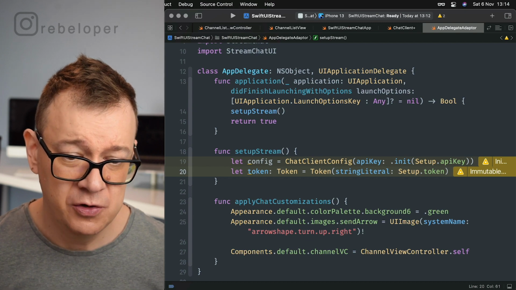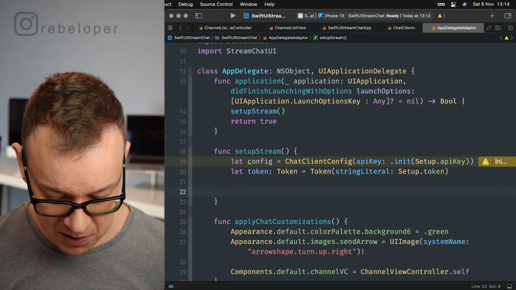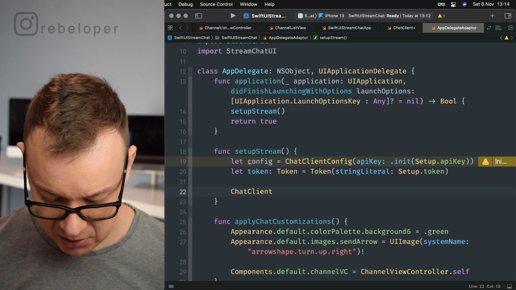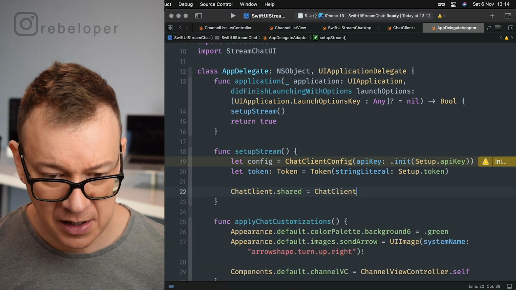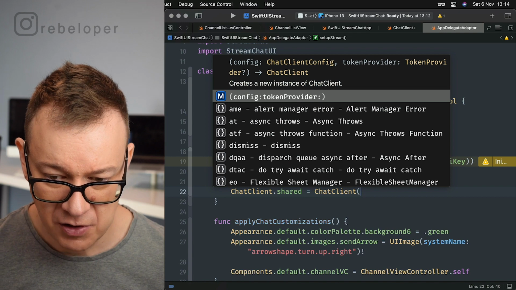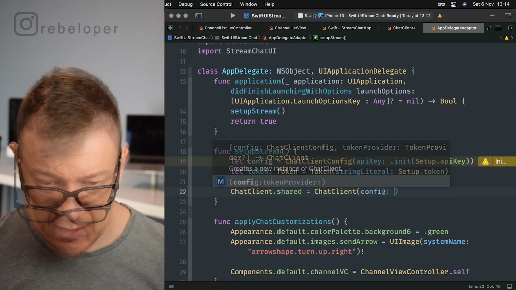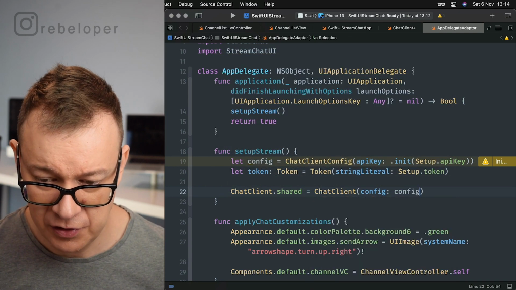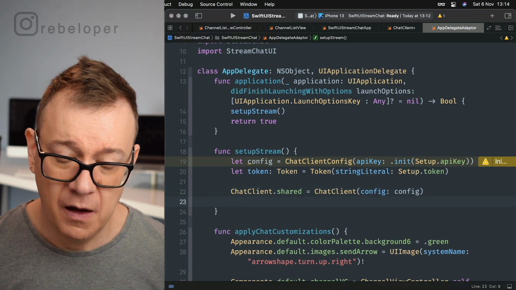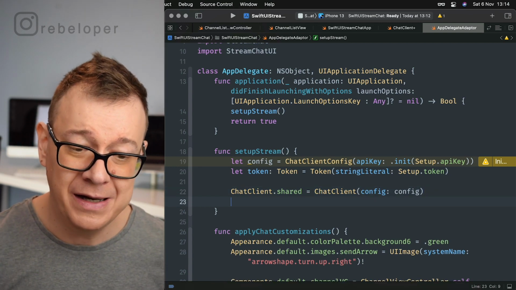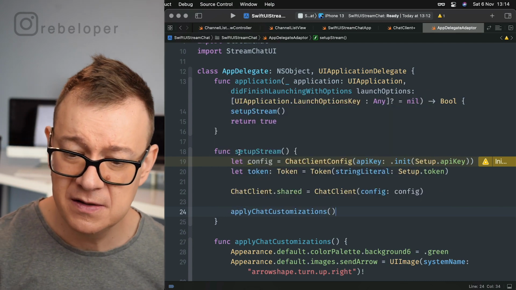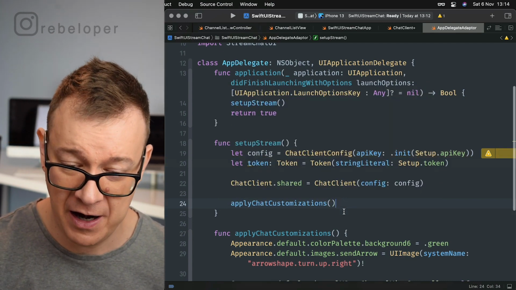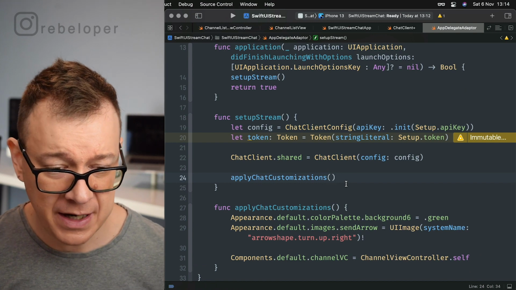So we got our config and we got our token created. Now it's time to create our chat client. So ChatClient.shared equals ChatClient with that configuration. So config, and we are just going to pass that along. Now it's a good time to apply the chat customization, because now the chat client is ready. Finally, we want to connect the users.